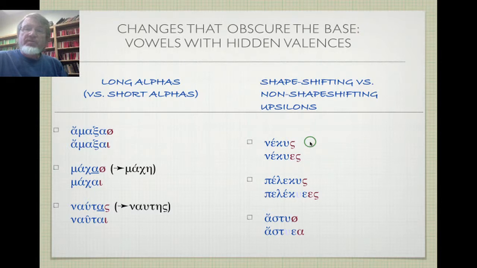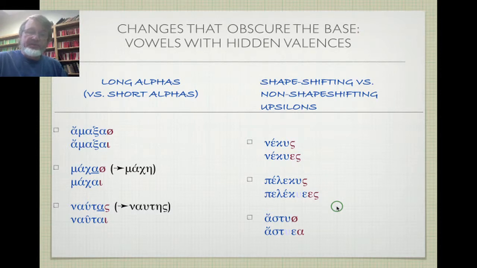Now to upsilons. Here is an upsilon that obviously doesn't change. Necus, necues. The base is exactly the same, necu. But you can see in pellecus, pelleces, that the upsilon shifts. It disappears as an upsilon and becomes instead an epsilon. The same happens to the upsilon in ostu. In the plural, it becomes ostea, not ostua, but ostea. The explanation is that upsilon is a shape-shifting upsilon, and you mustn't be surprised if in any given form it